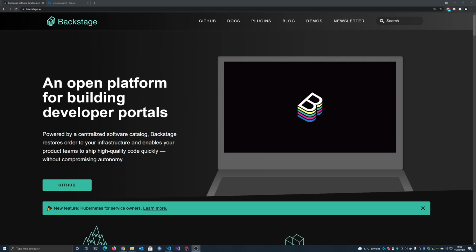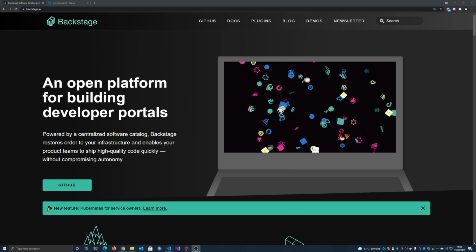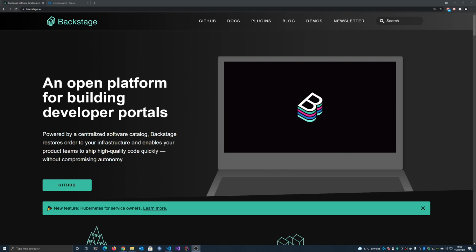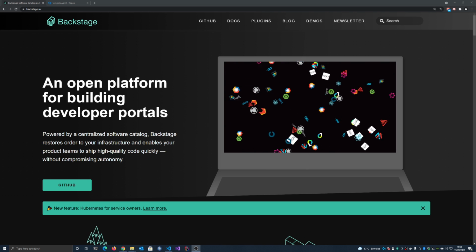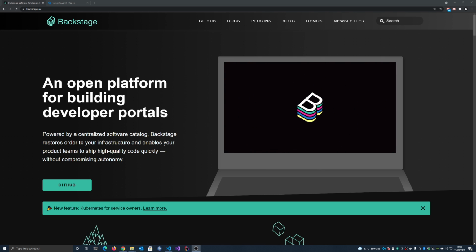Backstage is an open platform for building developer portals. At the same time, it's a tool developed by Spotify and luckily open sourced. Today we will learn how to run and execute Backstage locally and make use of one of its core features